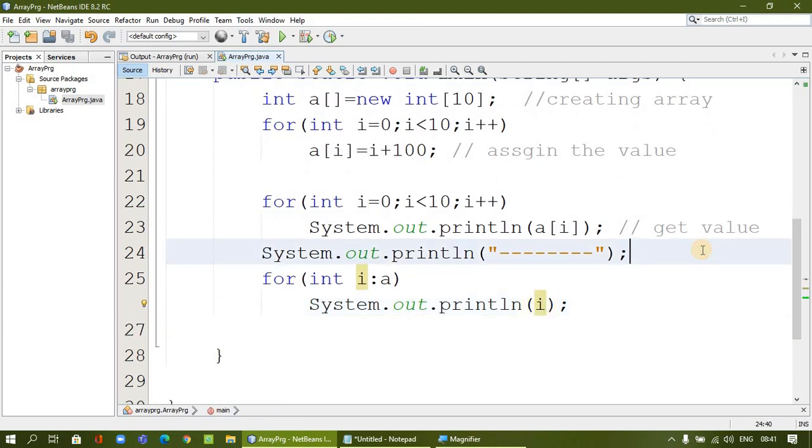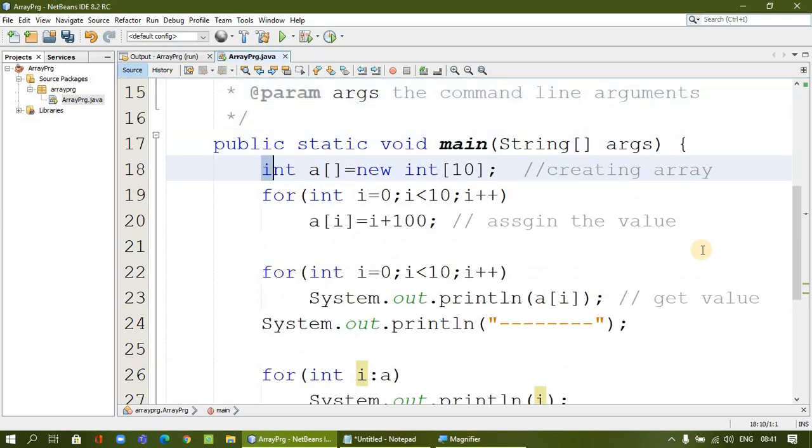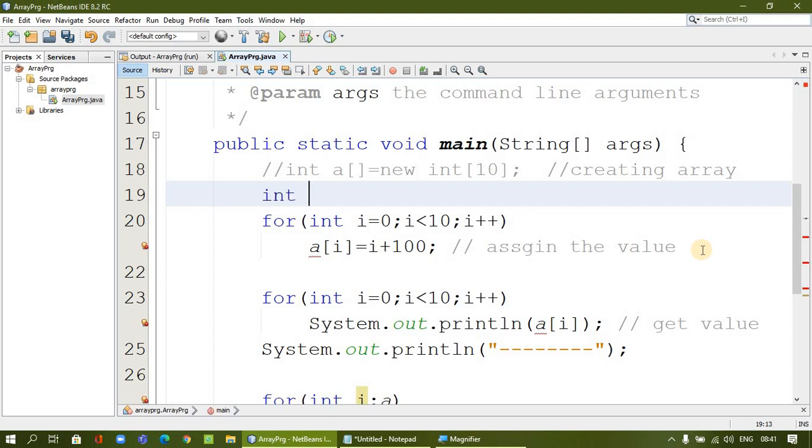And one more syntax is also there, without creating an array. Okay, this is creating an array. Okay, there is another way of working with arrays. Let me use the command line here. So without using the array creation, we can directly assign the values.